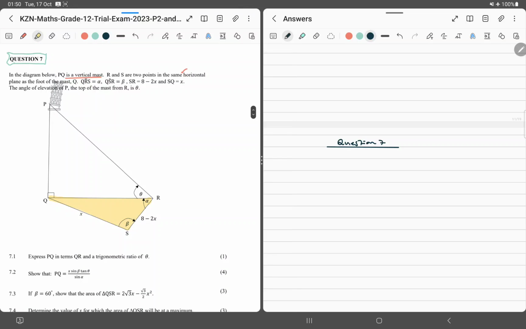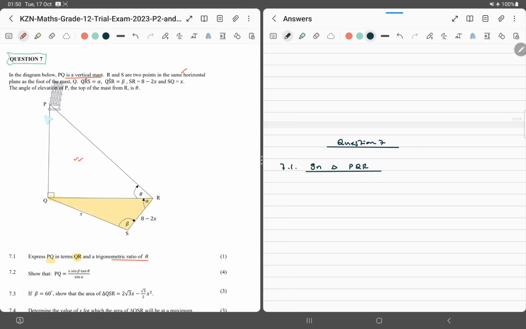Now we need to decide, where do we begin to solve anything? Well, we will see. Express PQ in terms of QR, and a trigonometric ratio of theta. So they're already telling us we are starting here. That's a right angled triangle. So 7.1, we know that in triangle PQR,